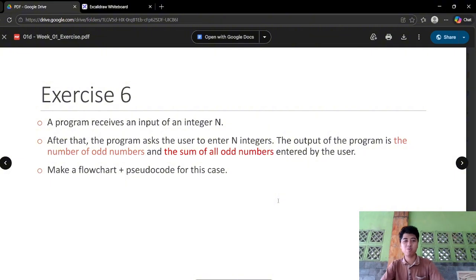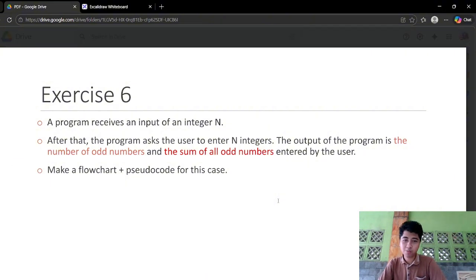Okay, everyone, back again with me. So I will explain the question of exercise number 6. In exercise 6, we need to make a program that takes an input of an integer n. After that the program asks the user to enter integers. The output of the program is the number of odd numbers and the sum of all odd numbers entered by the user.